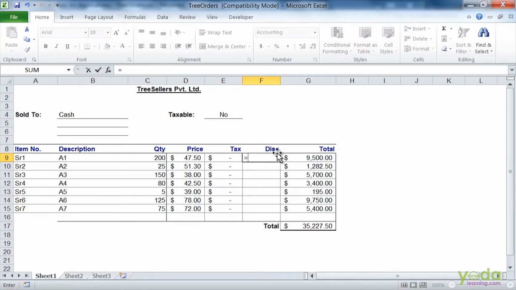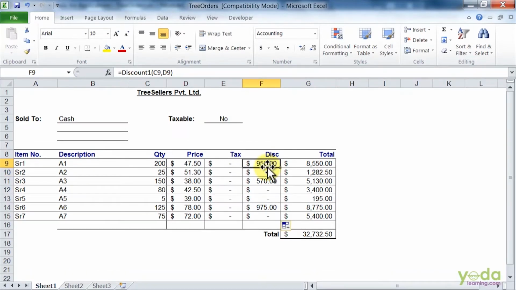I'll say equal to Discount, tab, I'll give the reference of the cell, close the bracket and say enter. My code is running. If you see here, it has calculated the 10% of only the quantity which is more than 100.